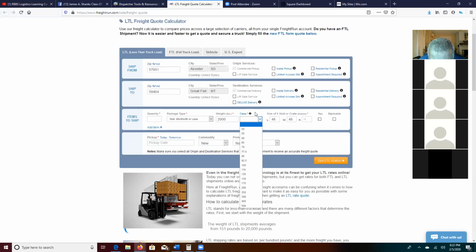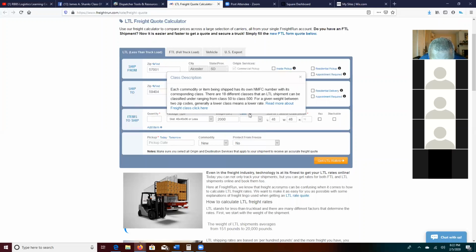What class? If you want to know what it means by class, you click here. Each commodity or item being shipped has its own NMFC number with its corresponding class. There are 18 different classes that an LTL shipment can be classified under, ranging from class 50 to class 500 for the given weight between the two zip codes.